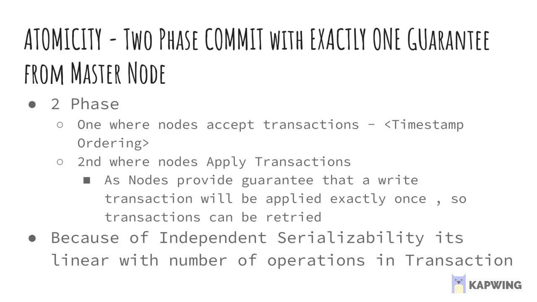For atomicity, which means if a transaction will commit, then all of the portions of the transaction should commit or none of them, right? For this, again, they are also using something very similar to two-phase commit only, right? So in the first part,